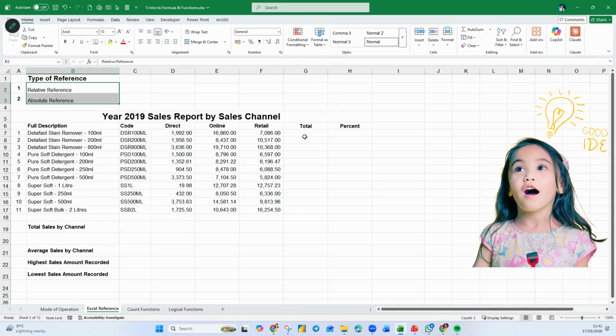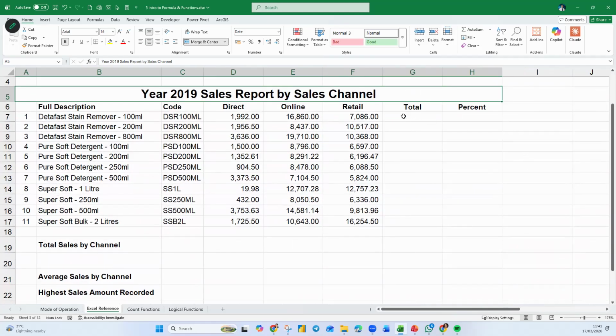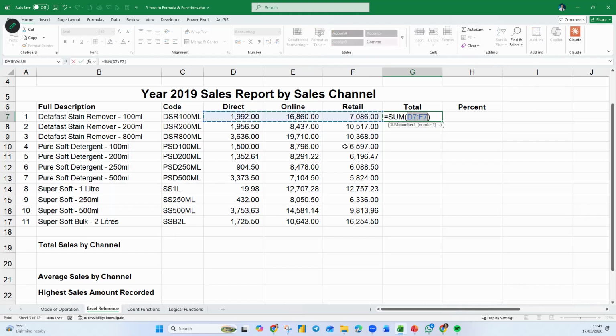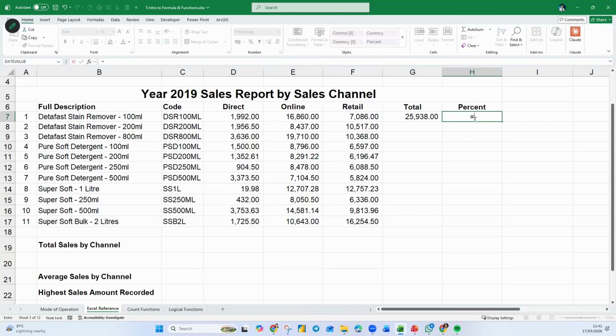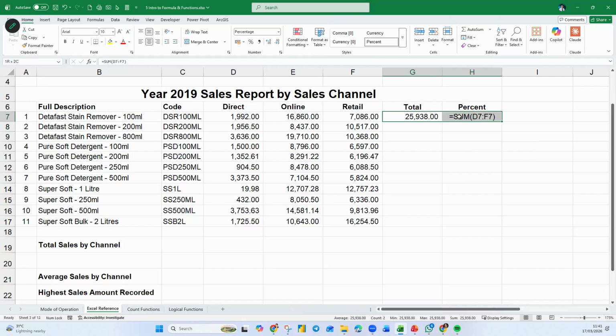So this is what I'm going to do. I'm going to click here. I think you guys should do the same as well. You just click here and you click auto sum. Now you notice that they actually say sum from D7 to F7. So I get it. Okay, so what do I do next now? Let me just put the formula here. So equals to formula text of this. So that's the formula, sum of D7 to F7.